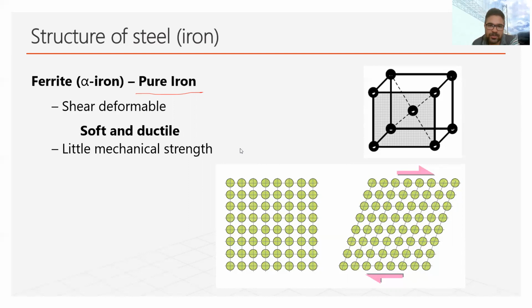So here you can see the structure of iron in the ferrite form. In the case of ferrite, this form is known as lattice iron. There you can see these are the iron atoms. There is no atom of carbon. There is no presence of carbon. So that is why it is called the pure form of iron, and it is very soft, very ductile, and the mechanical strength of this iron is very low.